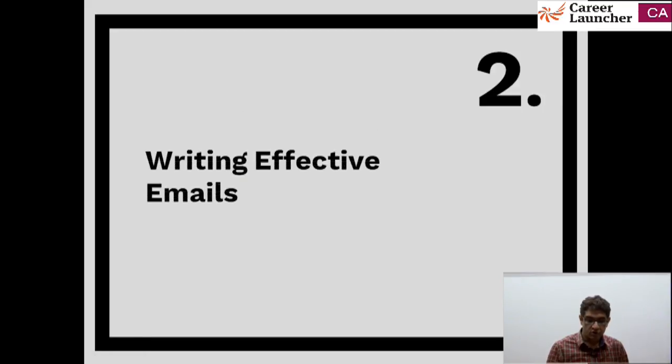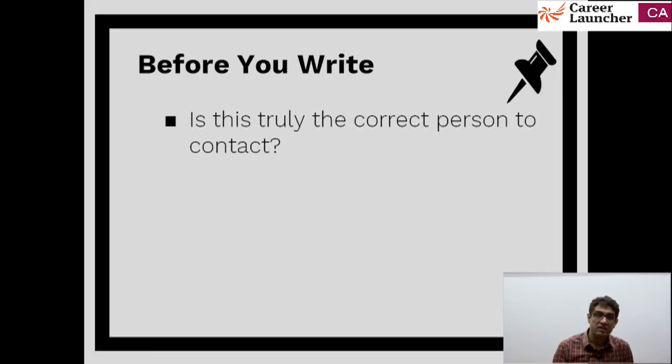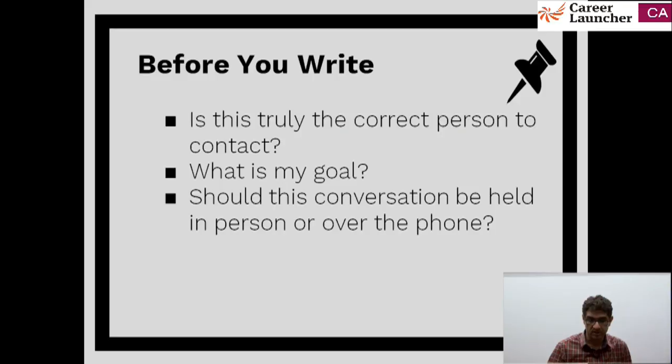So the main focus would obviously be on writing effective emails. Just like a letter, before you write, you were supposed to sit down and think of certain things. In email, there is an additional layer that you have. Number one, you writing an email, why don't you think of, is this truly the correct person to contact? You want some information, why not put in that effort to get in touch with the right person? And when you write the email, what exactly it is that you want to achieve through that. I think these are things which are common between an email and a letter. But it is this third thing where you would like to think over it a little more.